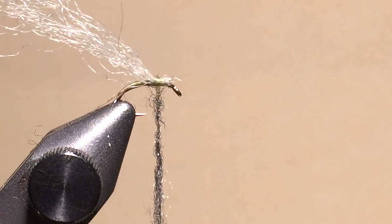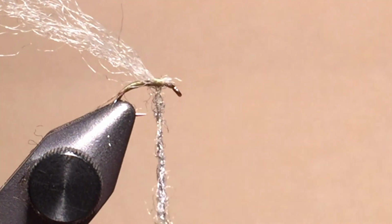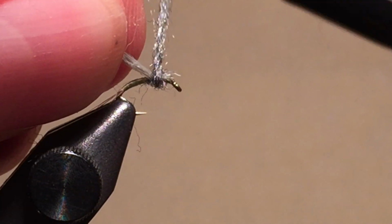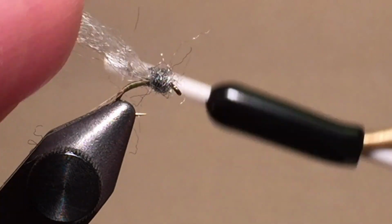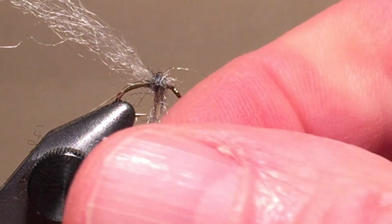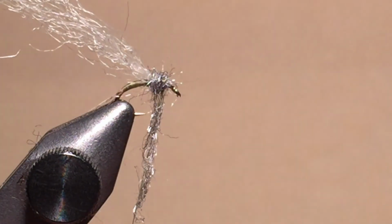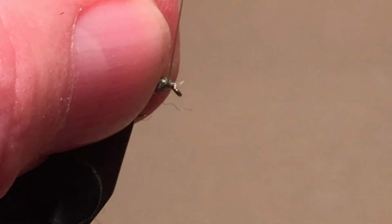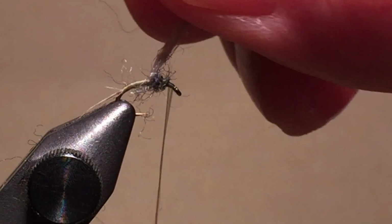While this looks white here, I've added a gray poly wing tied facing back and started my gray dubbing on the thorax. Again, I like a little sparkle, but I've tried thorax dubbing both with and without sparkle, and I can't say that there's a definite difference. After winding on the thorax, slightly smaller than what we put on the WD-40, because the wing is starting to break out now, I fold the poly wing forward, leaving a small loop